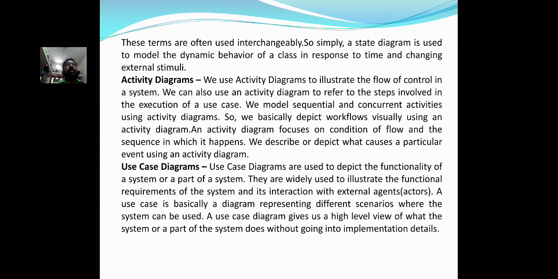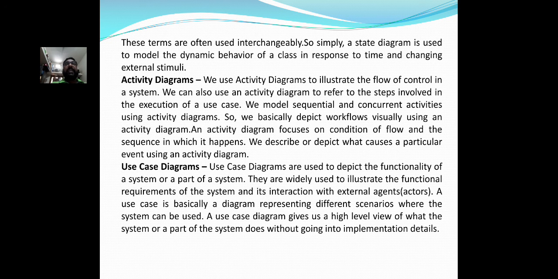So we basically depict workflow visually using an activity diagram. An activity diagram focuses on condition flow, the sequence in which it happens. We describe or depict what causes a particular event using an activity diagram.